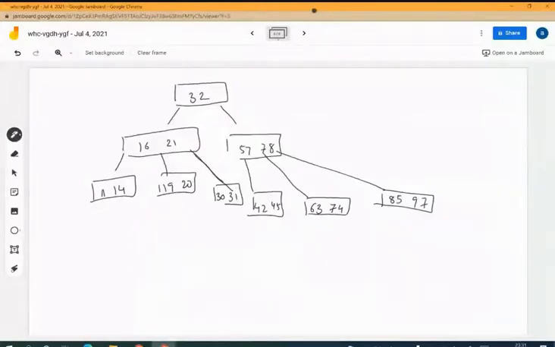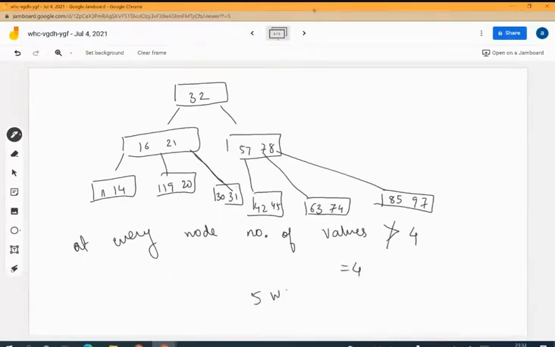Now we need to check that at every node, the number of values or elements should not be greater than 4. Okay, it can be 4 since this was a 5-way tree. So how many elements can come? n-1, which is 5-1, equal to 4. So here there is 1, correct, here 2, correct.